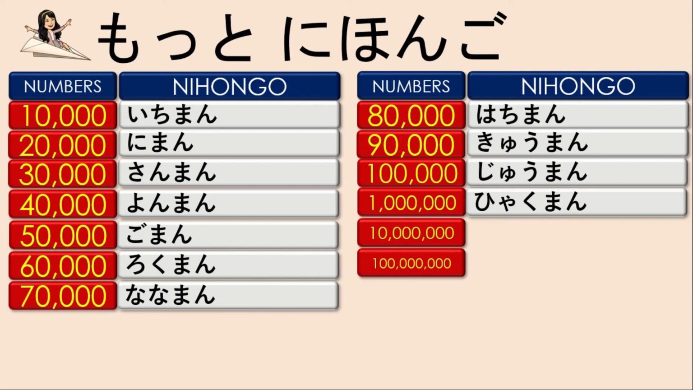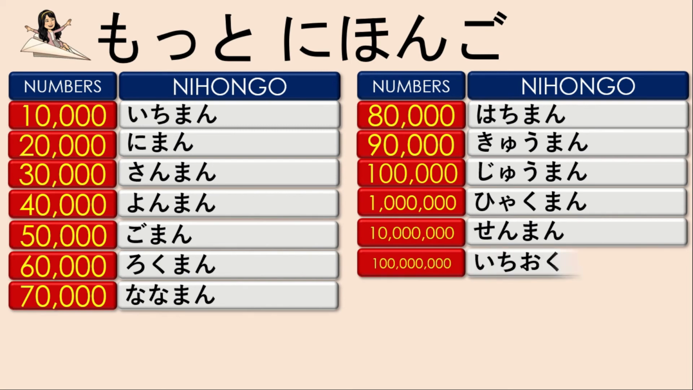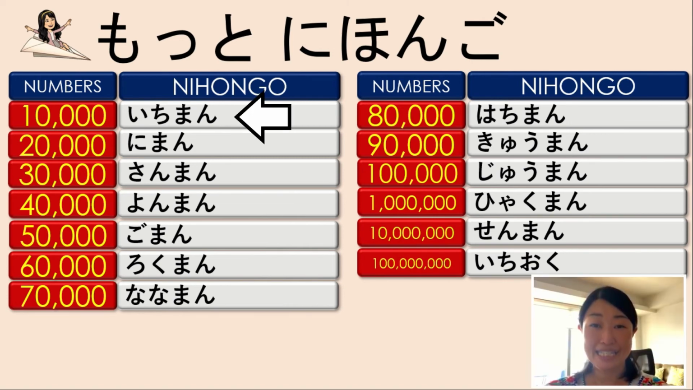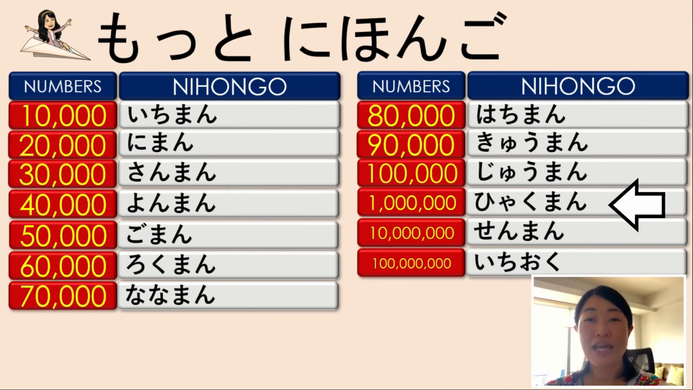Can you guess? Senman. Senman. And for 100 million, that's ichioku. 1万、2万、3万、4万、5万、6万、7万、8万、9万、10万、100万、1000万。